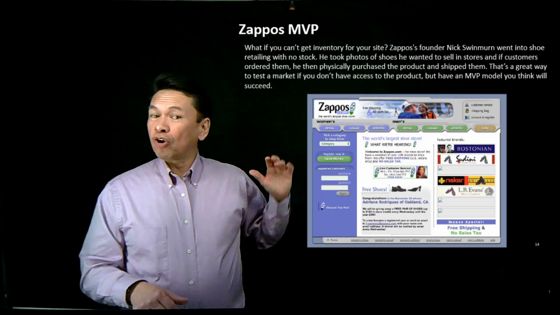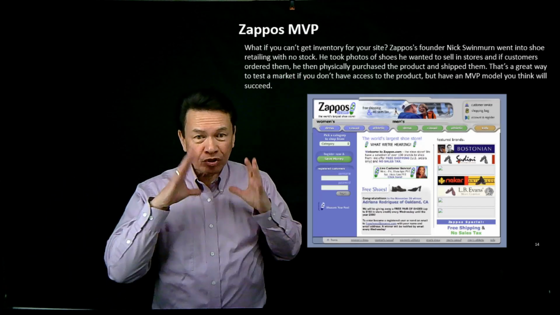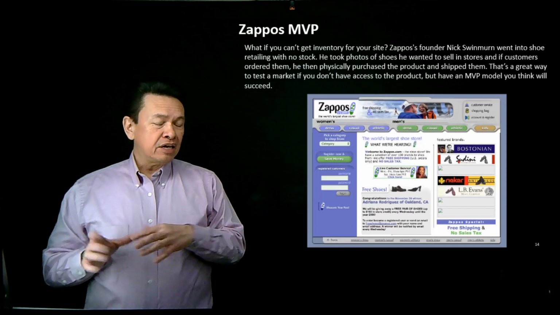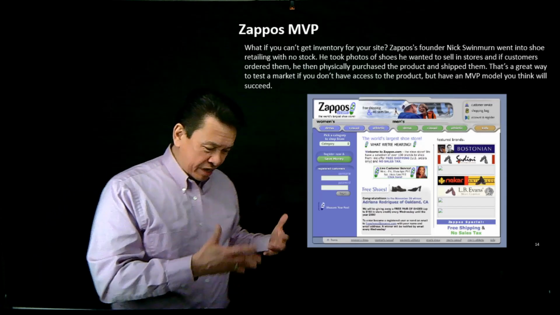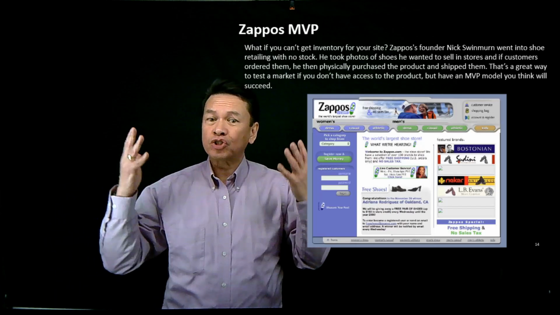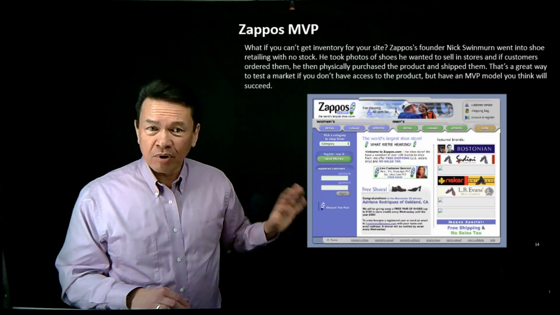So they might have even lost money on some of the initial ones, but what they're really testing out is, were people willing to buy shoes online? And you have to remember, during that time, it was like, well, you can't try it on, right? So people were saying, oh, people aren't going to buy that stuff online because you can't try it on. So why would anyone come online and buy it?